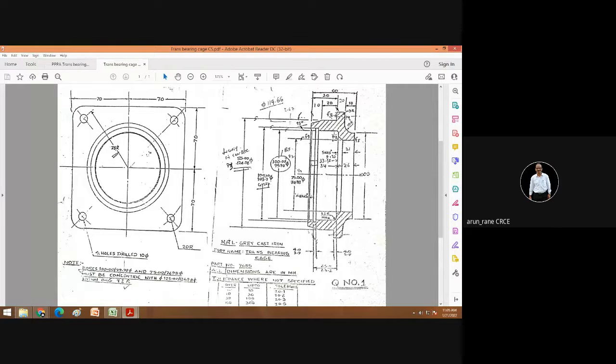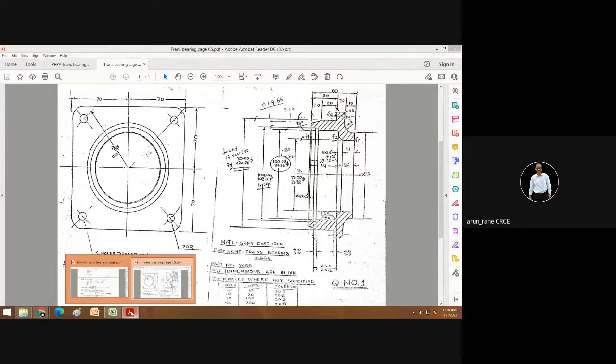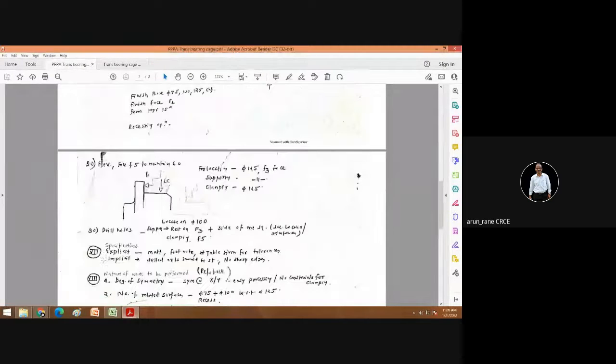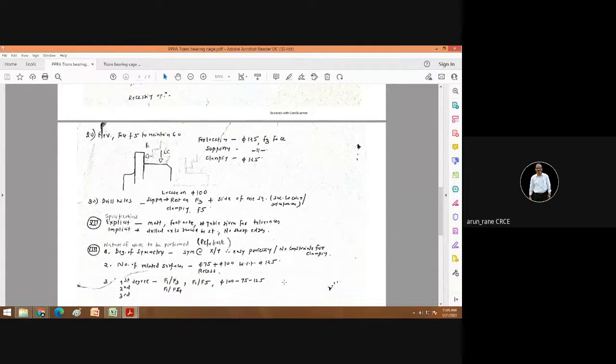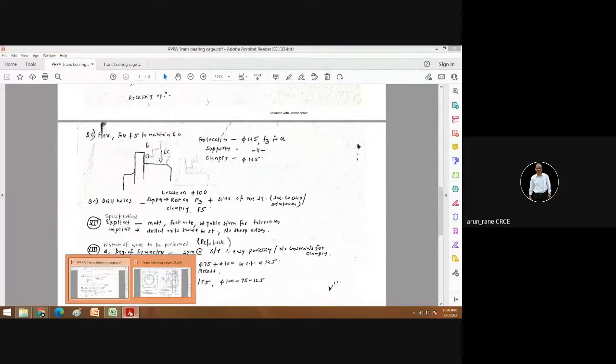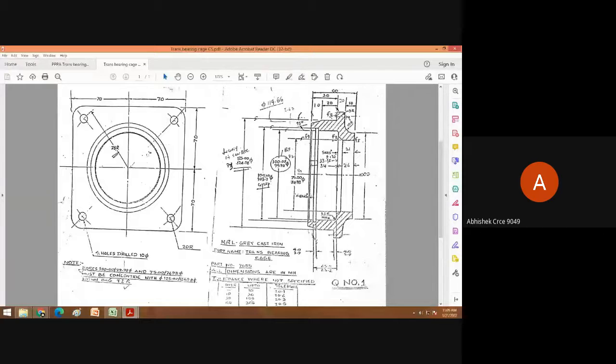Locate here. Support this face F2, out of F1, F2, F3, F4, F5. So support this face F2. Locate here. And then do the drilling. For the clamping, you can use face F5. You are familiar with the design of the jig, so this is nothing for you. And once you drill the holes, you can go for the milling.